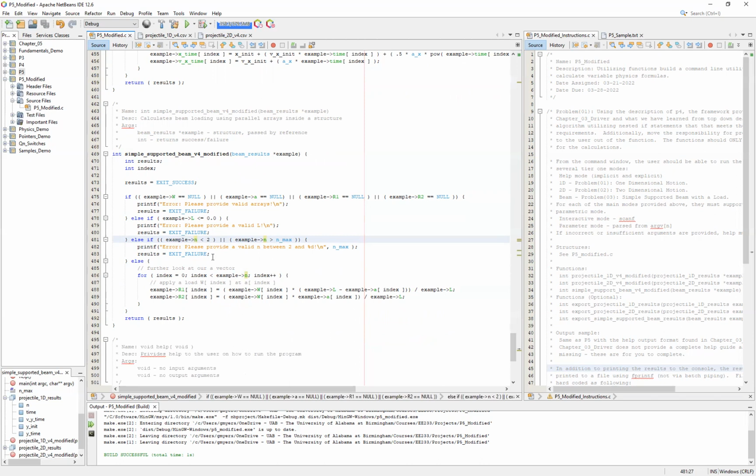And once again, we're going to leverage these parallel arrays, but this time they are going to be the arrays that are encapsulated inside of our example structure. If you look back at your P5, essentially this code is identical if you simply remove this portion right here. Everything that would otherwise be accessed individually as individual arrays is now